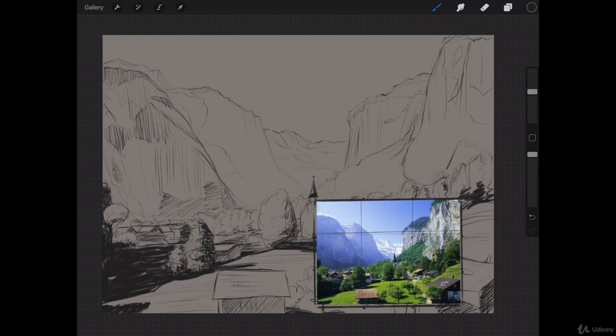bald. Now, this piece by itself is probably not going to be something I present to anybody, right? It's not going to be a masterpiece or anything like that. However, by doing this, I've learned a lot of information about how these mountains are working and how these valleys look and stuff like that. And those are things that I can add to other drawings that are going to help me understand them better when I'm drawing stuff out of my head, right? It'll feel more real because I've actually had to draw and look at pictures of mountains and valleys and buildings, right? So even if this piece, once it's finished, isn't necessarily presentable worthy, it did serve its purpose, which was